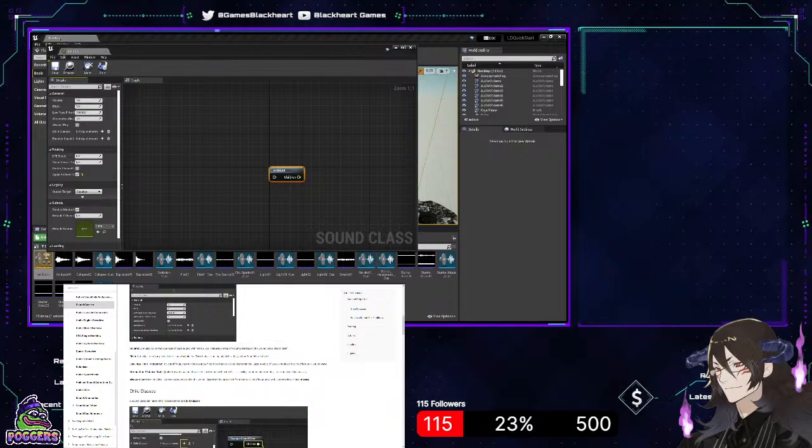Not now, but later. Attenuation distance scale scales the attenuation distance of each sound within the class, allowing for attenuation settings to be adjusted dynamically. Okay, what was the definition of attenuation again? We ran into attenuation at one point, with the audio volume.